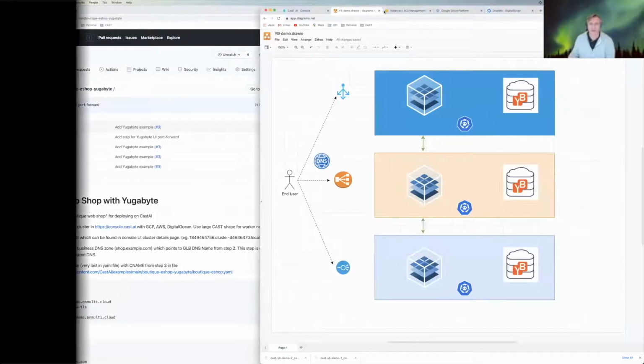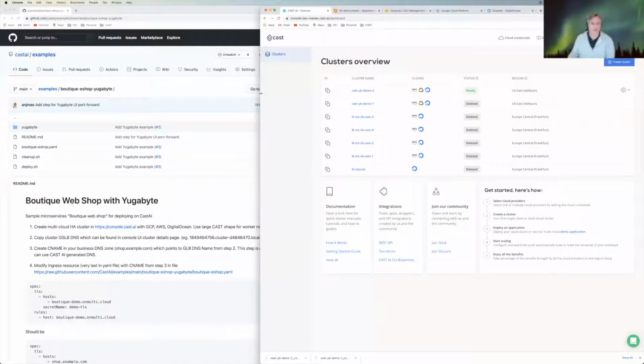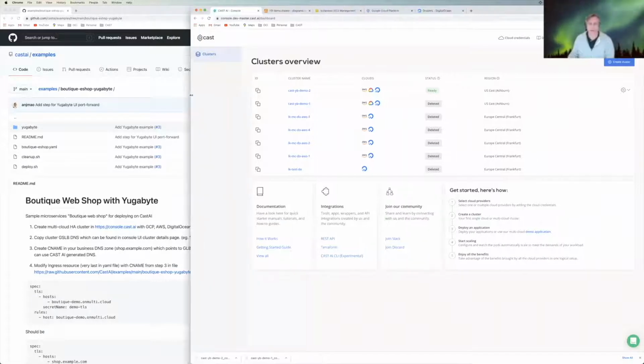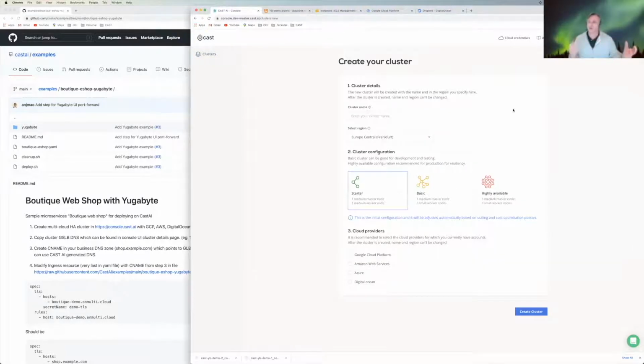up the entire application. Okay, so we're going to start on the CAST console, and we could have done this through Terraform or through API, but we're just going to use the console because it's nice and visual for this demo. And so the CAST console, when you log on, you'll see a list of your clusters that you may have created previously and some instructions on getting started. We're going to start by creating a cluster here, and then we're going to show you how to make it a multi-cloud